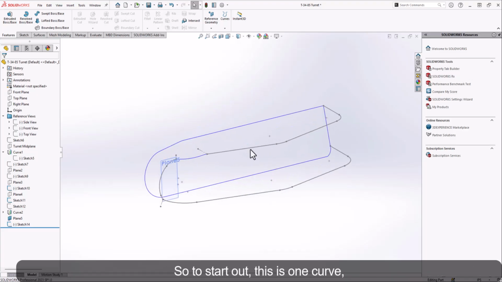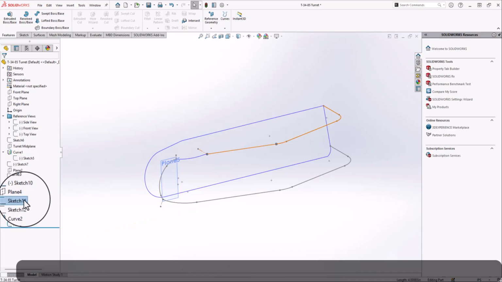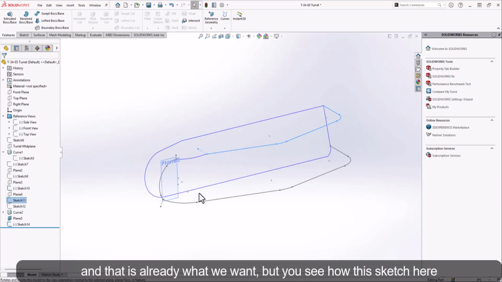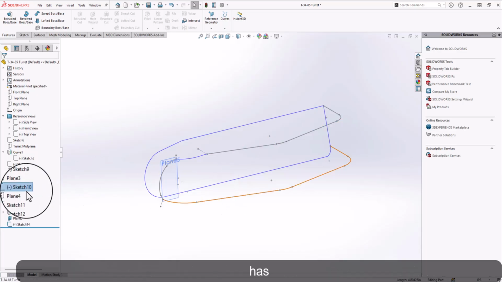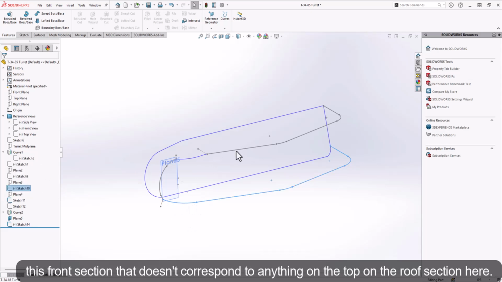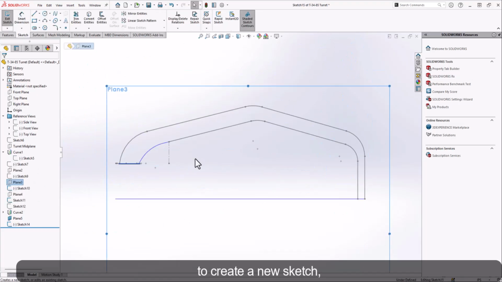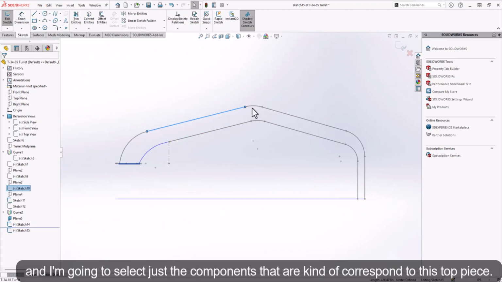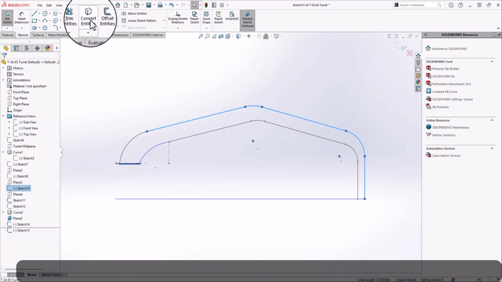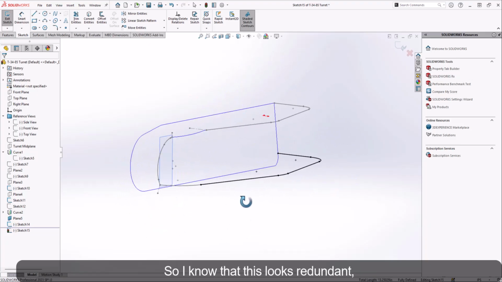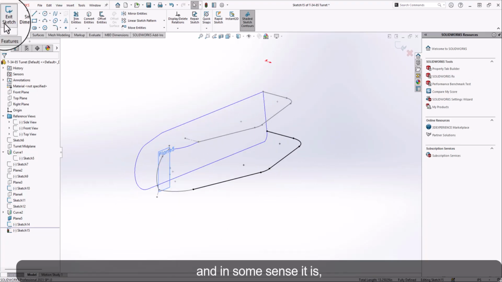So to start out, this is one curve, and that is already what we want, but you see how this sketch here has this front section that doesn't correspond to anything on the roof section here. So I'm actually going to take this plane that I already had, and create a new sketch, and select just the components that correspond to this top piece. I'm going to convert it. I know that this looks redundant, and in some sense it is, but